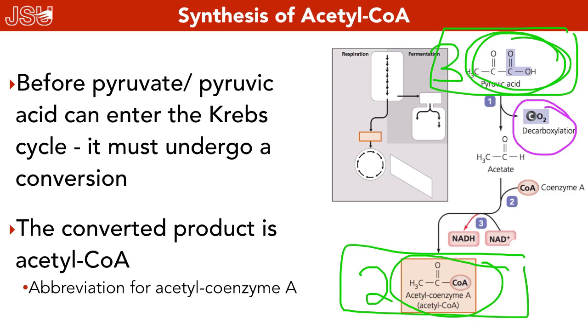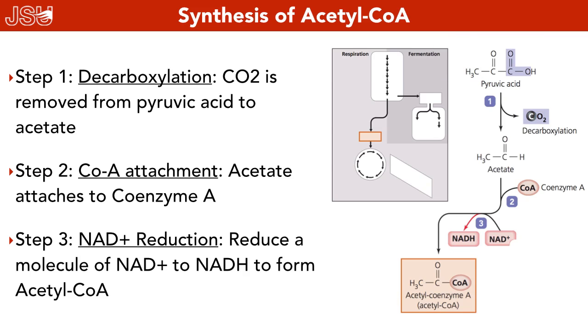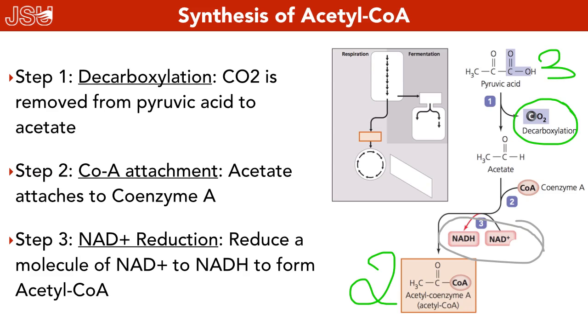Now, do you have to know this entire process here? No. Just see the concept of the operation. We start with a 3-carbon compound. We pull off a carbon dioxide that yields a 2-carbon compound. We make an NAD to NADH. Again, that is for that keg idea. We're filling up the keg. And now we are ready to go to what? The Kreb cycle. We can now go to the Kreb cycle to make some more energy.